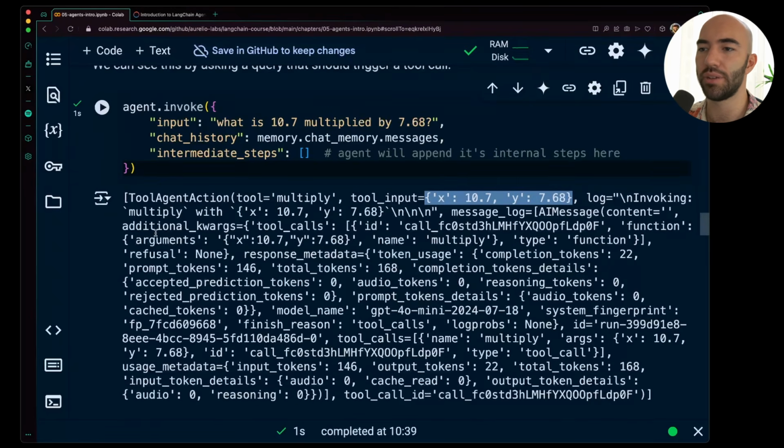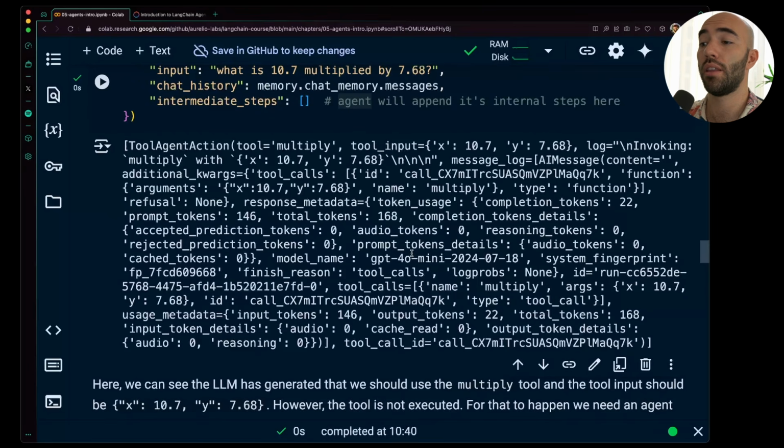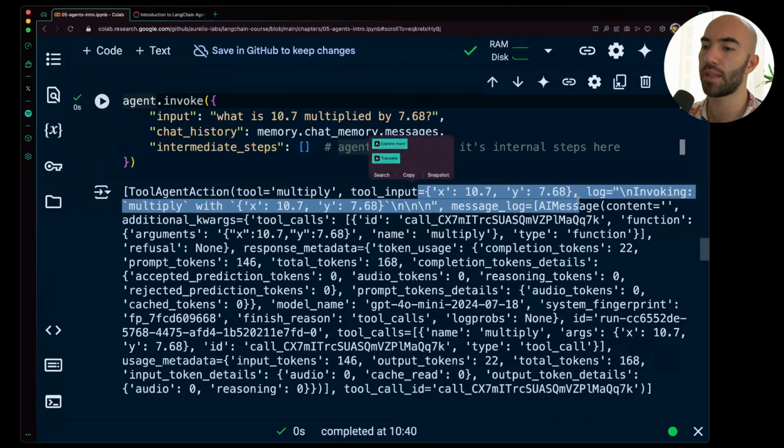And you can actually see, if we go into the details a little bit, we can see that we have these arguments, and this is the original string that was coming from our LLM, which has already been, of course, processed by LangChain. Now, the one thing missing here is that, okay, we've got that the LLM wants us to use multiply, and we've got what the LLM wants us to put into multiply, but where's the answer? Right, there is no answer, because the tool itself has not been executed,